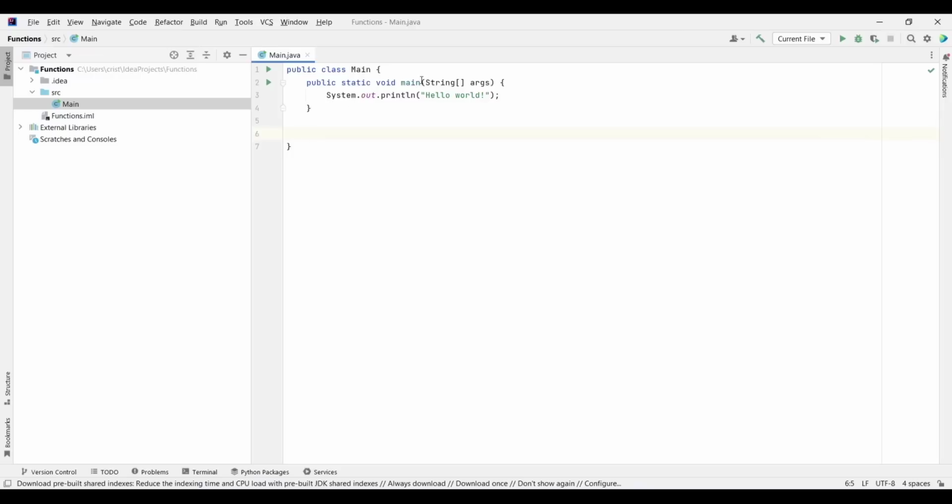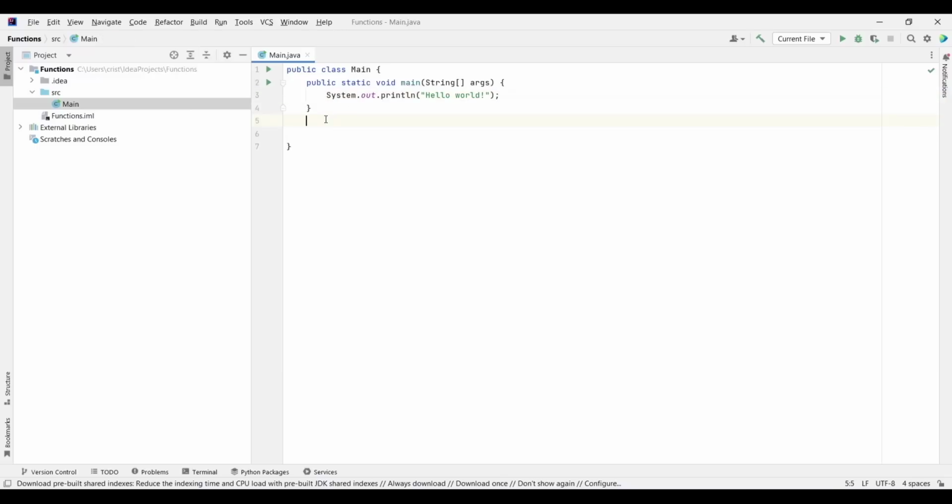The main function, as I said in a previous video, is a function which the Java compiler looks for in order to be able to run our code. The print line function that outputs something in the console is also a function which takes some input and outputs that input in the console. So we've already dealt with functions.